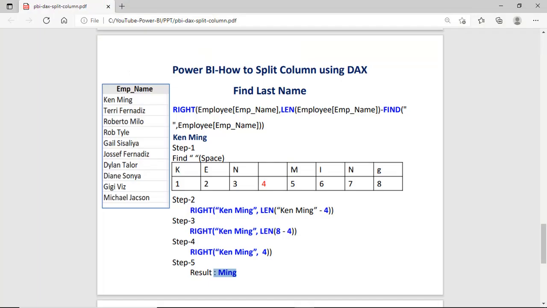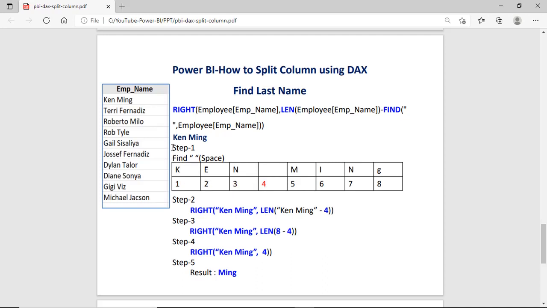Now we will check how to take out the last name from the emp name using the right function. As you can see in the syntax, we are using the right function, and within the right function, we are using two other functions, len and find, as parameters. As you can see in the table, each character has been assigned a position number: 1, 2, 3, 4.